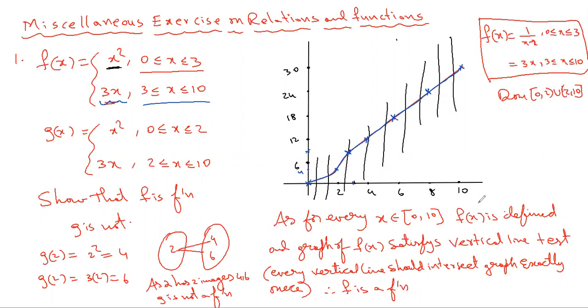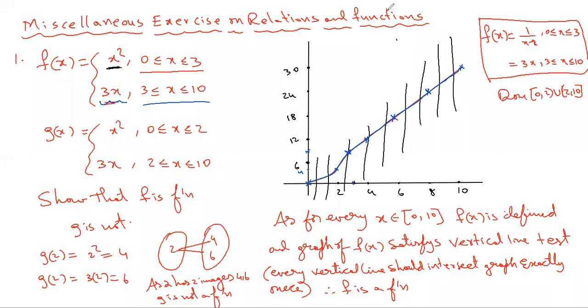So we manually checked that for the first part of 0 to 10, that is 0 to 3, for any number between 0 to 3, x square is defined. That means it's a real number. And for any number between 3 to 10, 3x is defined. That means that's a real number. So there is no indeterminate form or denominator 0 or square root of a negative number for the inputs in this interval. So all inputs have real outputs. So all inputs are allowed to be in the domain. So an example is not enough for a proof.